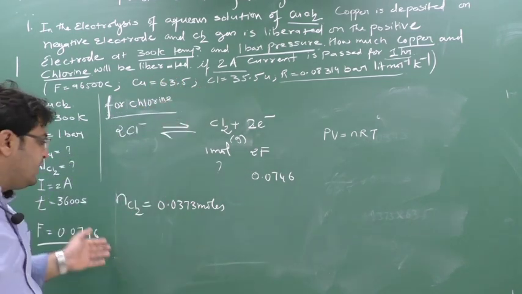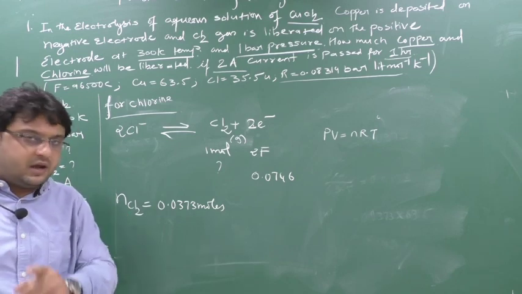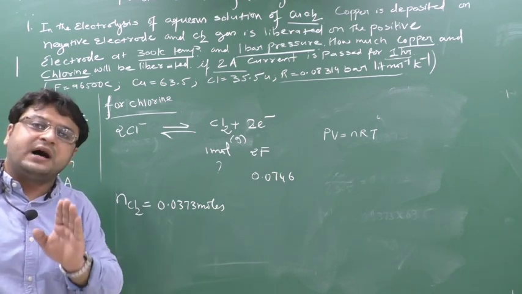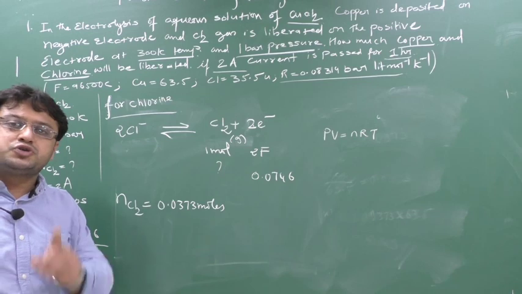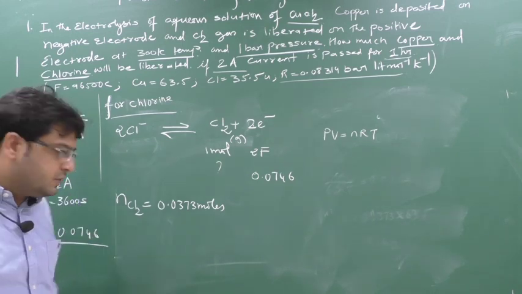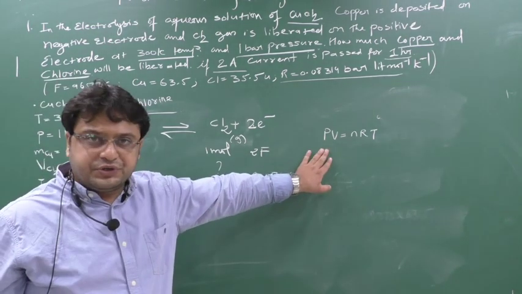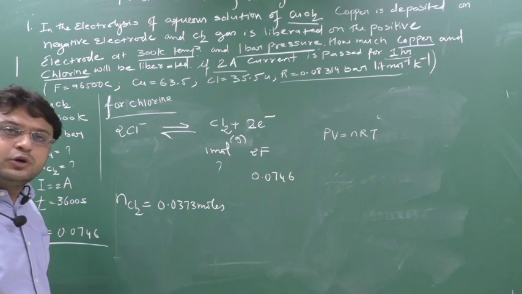From moles I could directly calculate weight upon molecular weight, and the molecular weight of chlorine is given. You would be thinking, sir, calculate the weight of chlorine, but please remember chlorine is a gas, and a gas cannot be calculated in terms of mass. If it is a gas, it should always be calculated in terms of volume. So who will give the relation between the moles and the volume? That is the ideal gas equation. So I will follow the equation PV equals nRT.